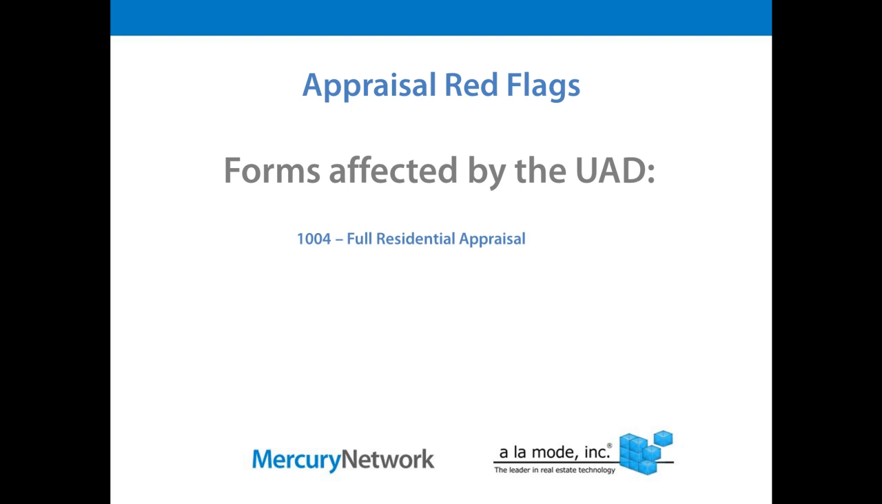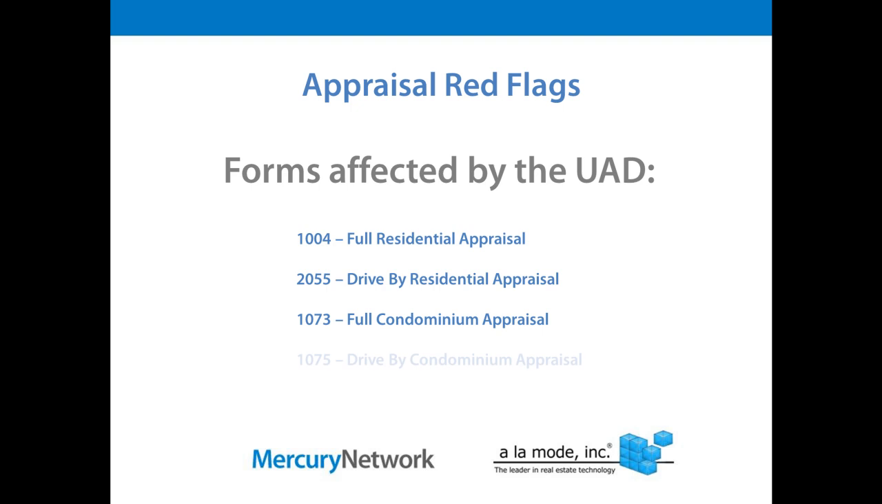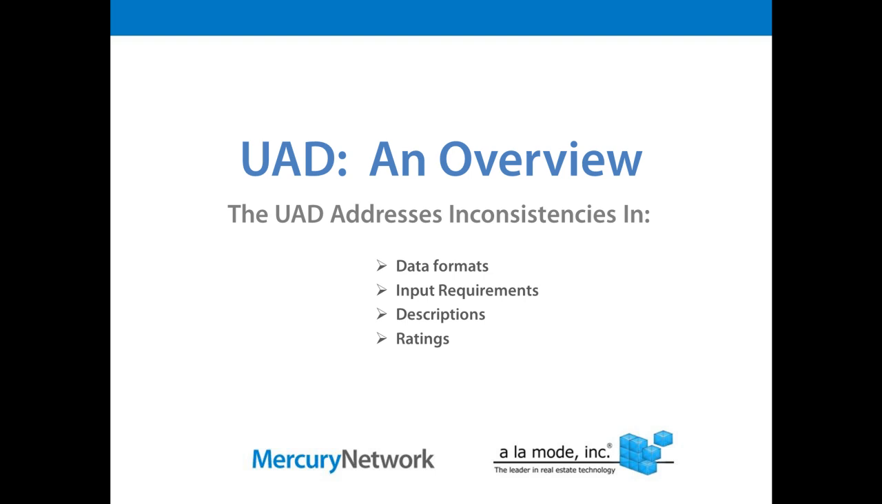There were over 30 critical fields in the 1004 alone that changed with the new UAD regulations. The other forms that saw changes include the 1004 full appraisal, the 2055 drive-by form, the 1073 condo form, and the 1075 drive-by condo form. All four of these forms now have major items that require the underwriter or reviewer to take into consideration when reviewing the final appraisal. Some of the changes for addressing inconsistencies with the information would be data formats, input requirements,